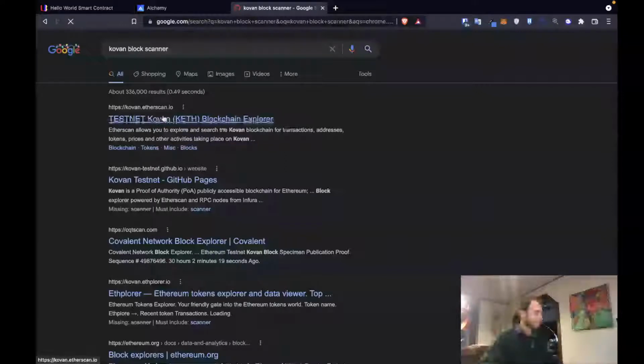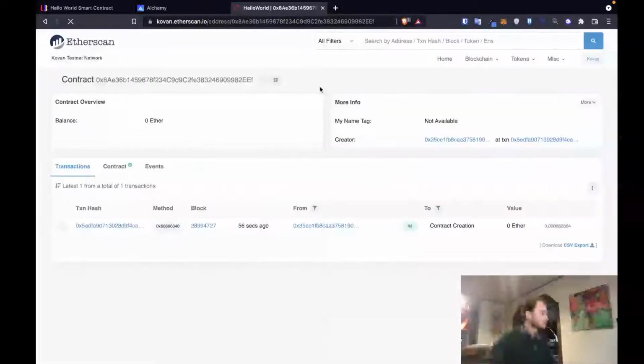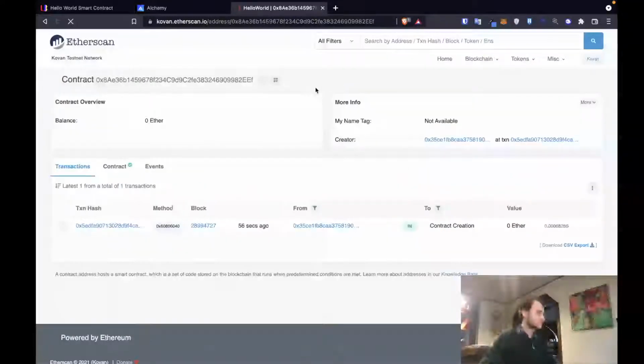Now I can look up this address I was given, and I should get a transaction. It says like a couple seconds ago or a minute ago it was created. So we'll paste that contract address. We will hit enter to search, and then it should update our URL and take us over to this contract. My computer is definitely running the slows today. There we go. And it looks like our contract creation was 56 seconds ago, and it was created